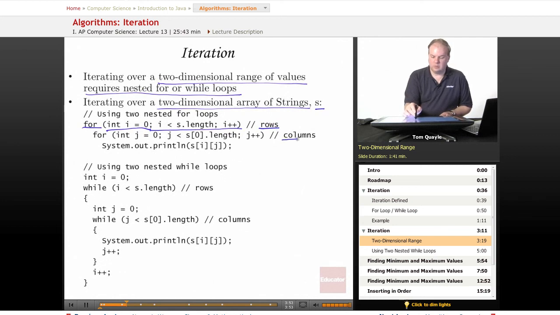If I want to get the number of columns to use as the loop variable for the inner loop, I call S and pass in element 0 and call the .length of S[0]. This gives me the length of row number 0, which is the number of columns in a row. And I use that as my test condition for the innermost for loop. I go from j equals 0 to j is less than S[0].length, number of columns, and